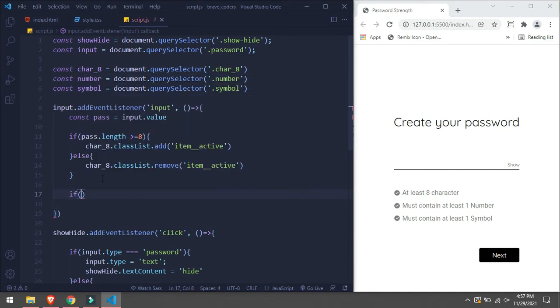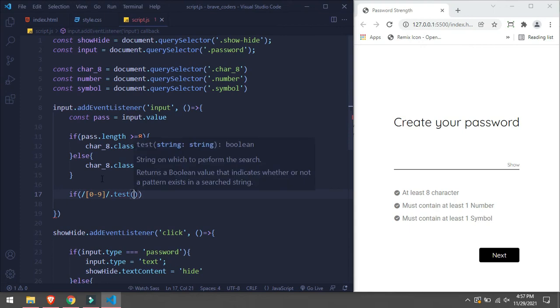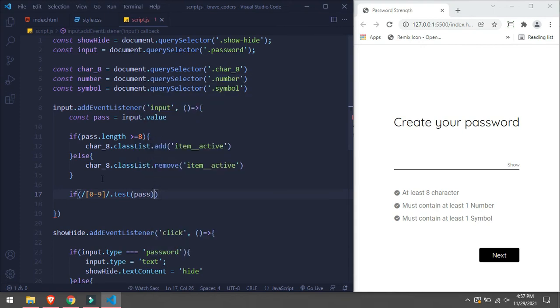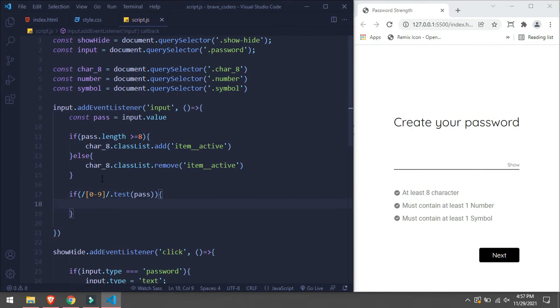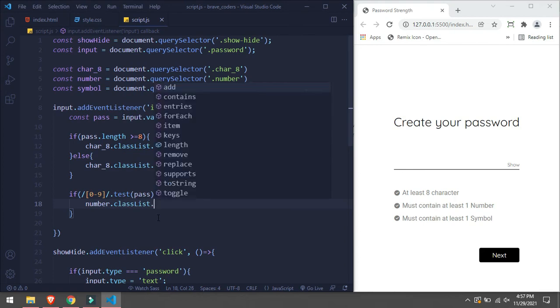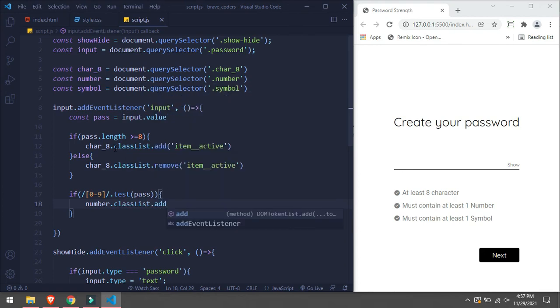We are going to say if it is between 0 and 9, we are using a regular expression here, and we have a test method, test pass. If it is the case, then we are going to take number and add classList.add.